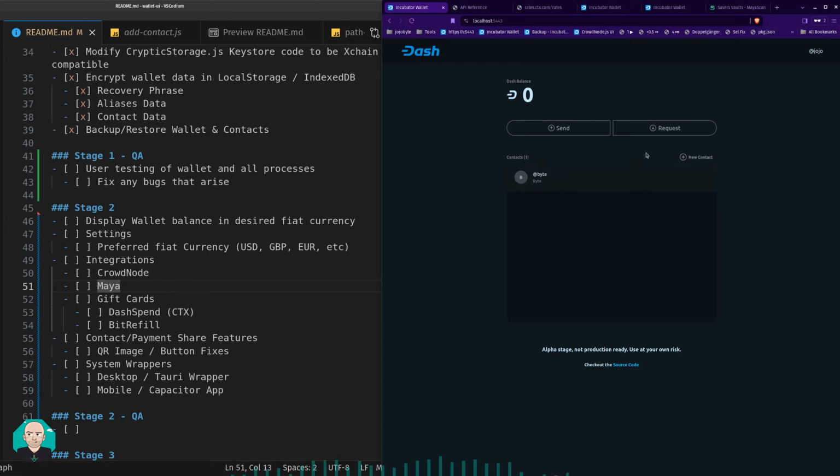creating or importing a wallet screen. Even that screen is a dialogue. It's just a full screen dialogue. Okay. So I think this would be the place to have it. We would have